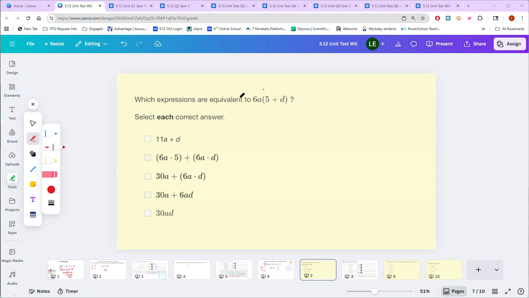Which expressions are equivalent to 6a times the sum of 5 plus d? They're talking about the distributive property here, where I'm multiplying both terms by what's outside the parentheses. So in other words, doing 6a times 5, which would look like this, and 6a times d. Since we don't know what the variables are, we just have to represent